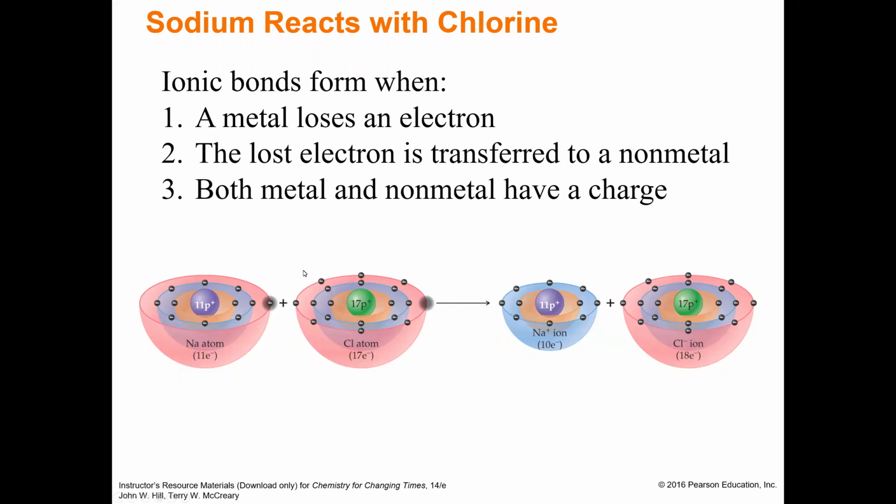When chlorine gains that electron from the sodium, it now has 18 electrons. Now that differential between 17 protons and 18 electrons gives it an ionic charge. The ionic charge is -1 because the electrons outweigh the protons by 1. So it has that -1 charge. And on the other hand, the sodium, which originally is neutral, 11 protons, 11 neutrons, 11 electrons, now